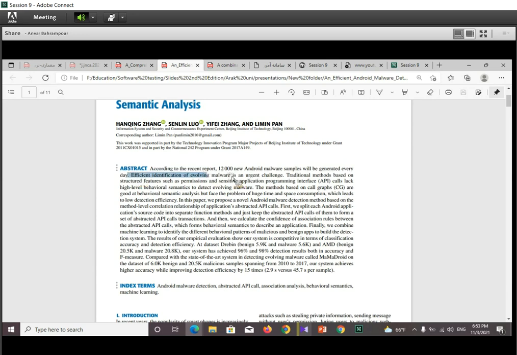This sentence speaks about the importance of our subject or our problem. So the main problem is the identification of evolving malware, identification of new malwares.